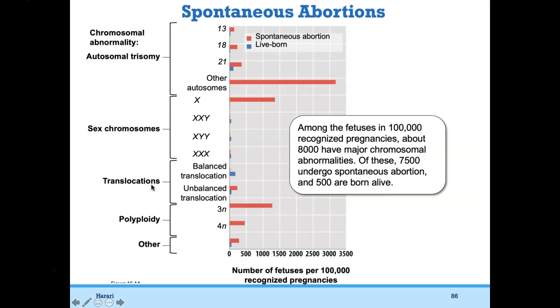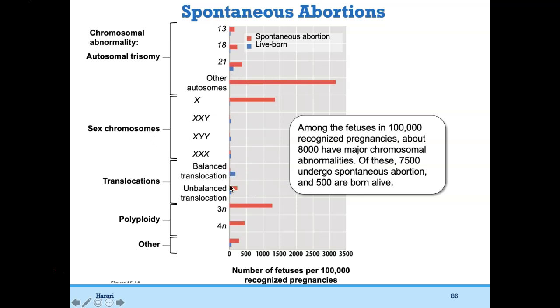And again, this is another way to look at that information based on trisomies, right? So sex chromosomes, you can either have 1 X chromosome. This is XXY, XYY, XXX. So you can see that